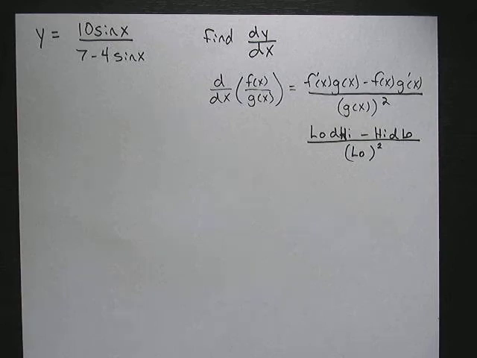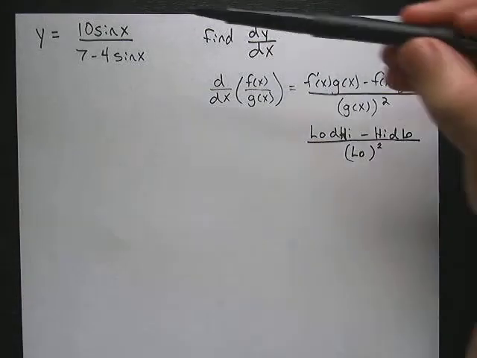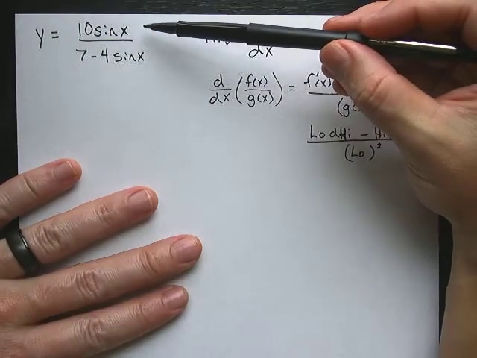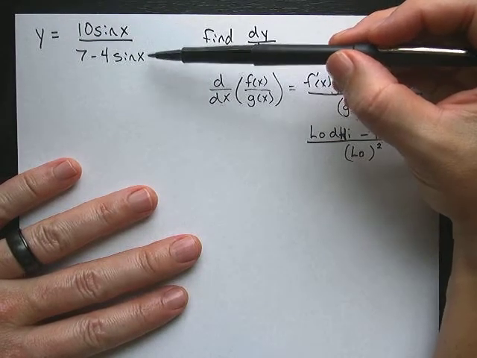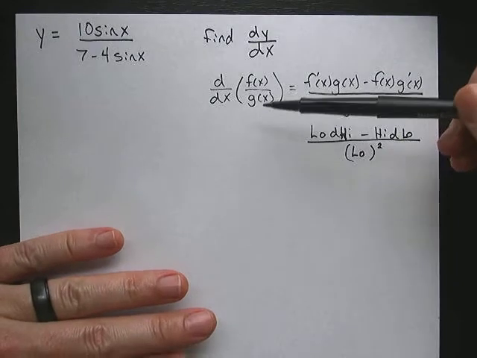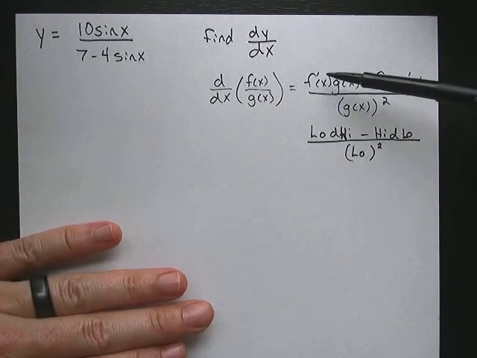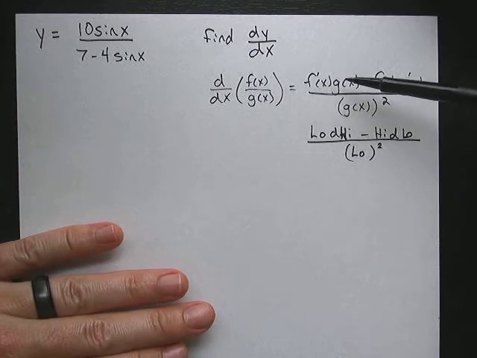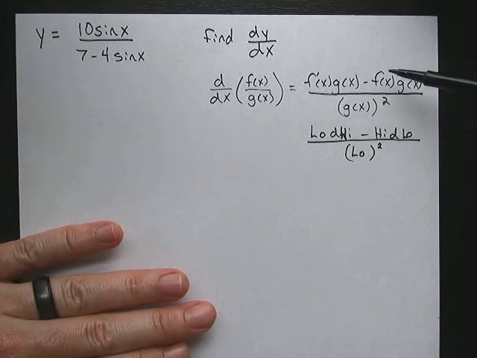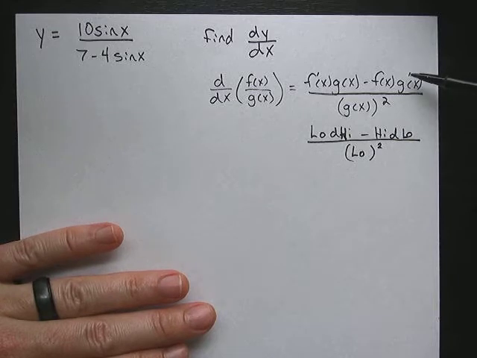In this problem, we're given the function y equals 10 sine x divided by 7 minus 4 sine x, and we're asked to find dy over dx, which is the derivative. Okay, so since this is a quotient, meaning there is a function on top in the numerator and a function on bottom in the denominator, this is going to use quotient rule, which I wrote out the definition here. It's the derivative of the top times the bottom minus the top times the derivative of the bottom